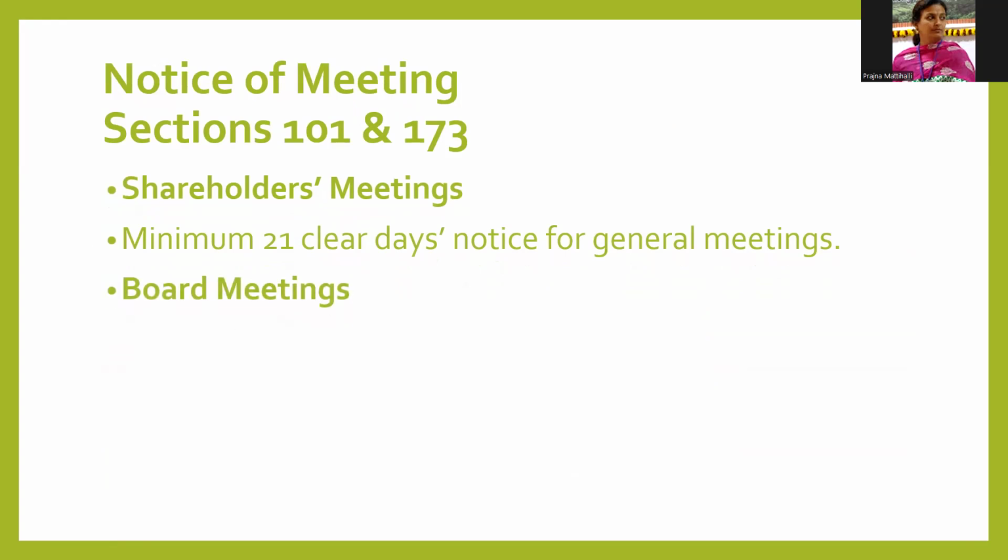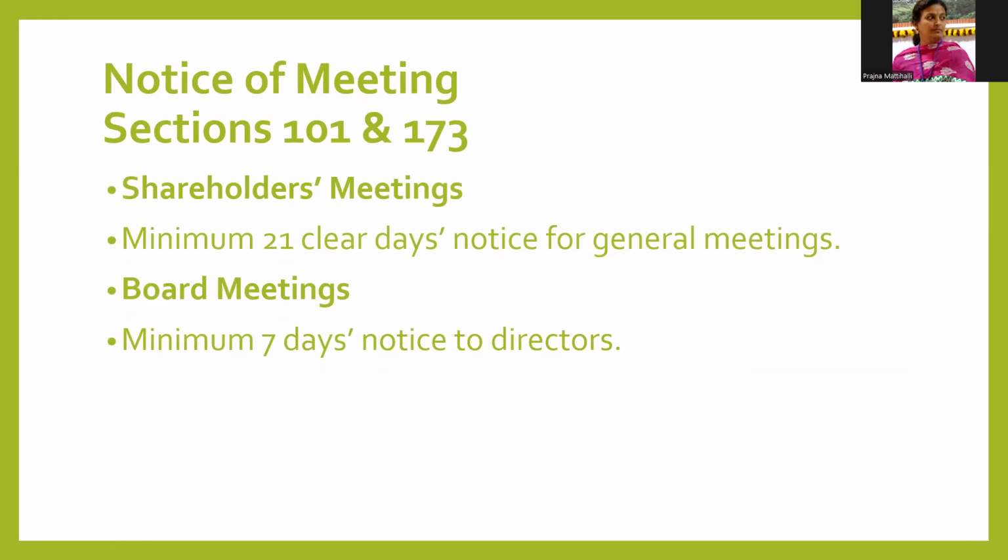And for the board meetings, the notice should be prepared and sent to all the board members, and at least it should reach 7 days prior to the meeting. Why is this time restriction there? Why 7 days before, why 21 days before should the notice be